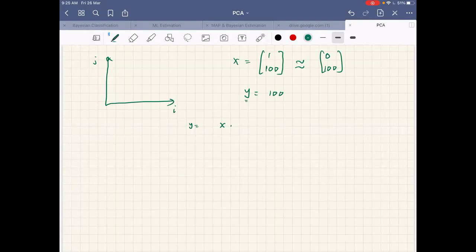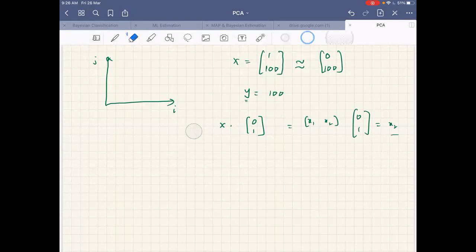Essentially I am finding the dot product of x with the vector 0, 1. If I consider x as x1, x2, and take the dot product with 0, 1, I get x2. So Y equal to x2.